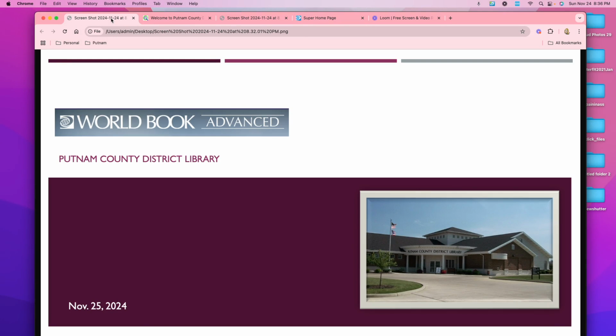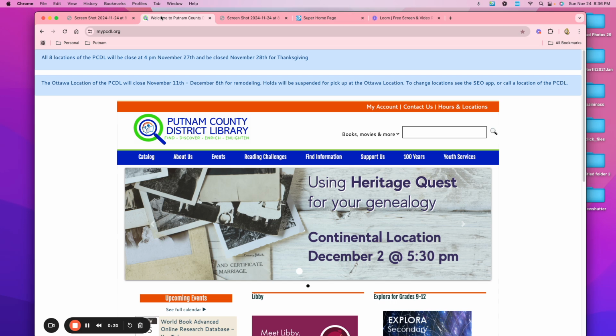This week we are taking a look at another one of those resources that is available as part of the library with Oakland. And so we are going to look at World Book Advanced. There's lots and lots of information here, so I'm going to get started with it and pass through it fairly quickly so that you can see what all there is available. So if you go to our website with the district library,